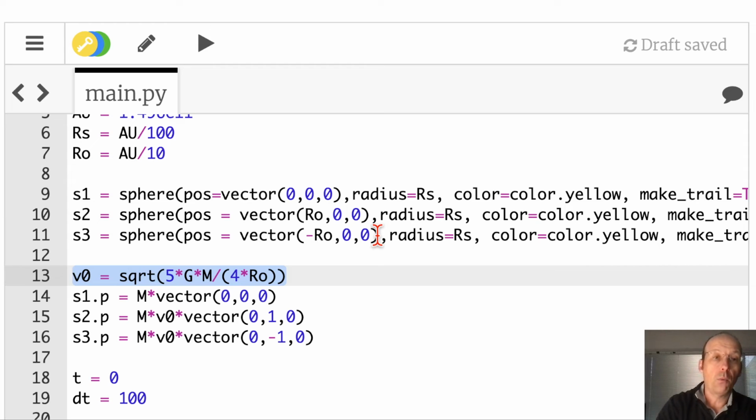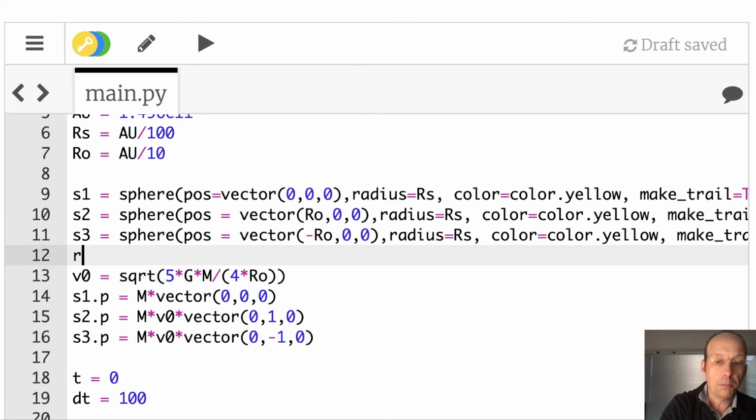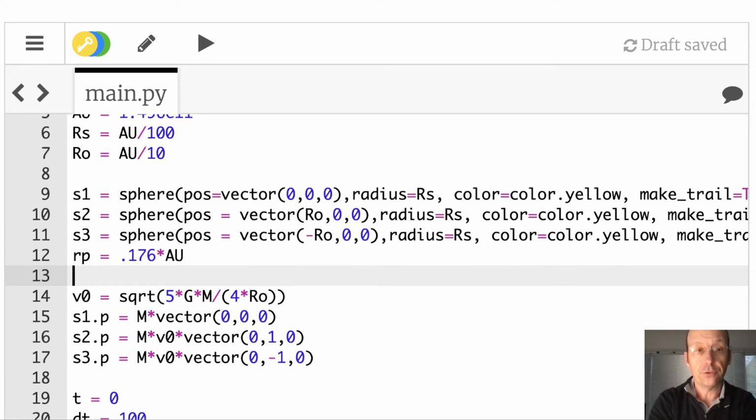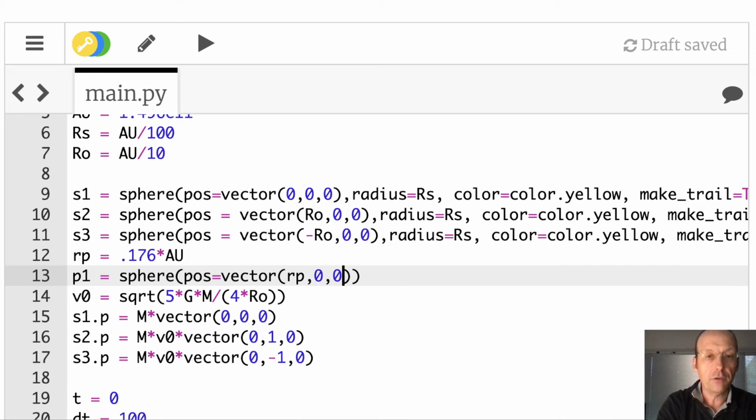And we're going to add RP equals 0.176 times AU. Okay. Now let's add that planet in there. So the planet is going to be equal to a sphere too. Let's call it P1. Planet 1, sphere. Position equals vector RP, 0, 0. The radius should be smaller, so let's say RS divided by 3. And let's leave it as white. And then make trail